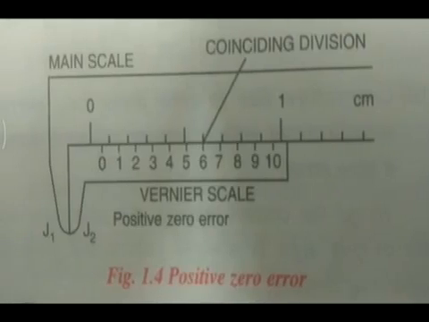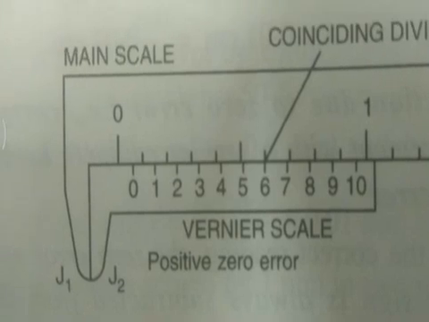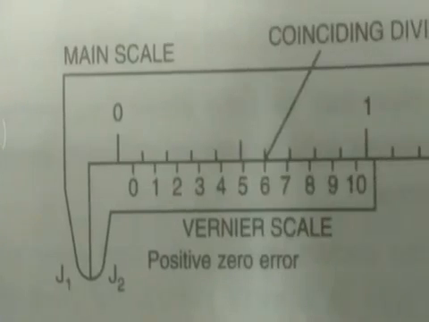So over here, see the zero, this gap in between two zeros, what is this? This is the error, right? In the next case, if zero is in forward direction, then what is this gap in between two zeros? This is the zero error, right? And zero error we calculate with a formula.